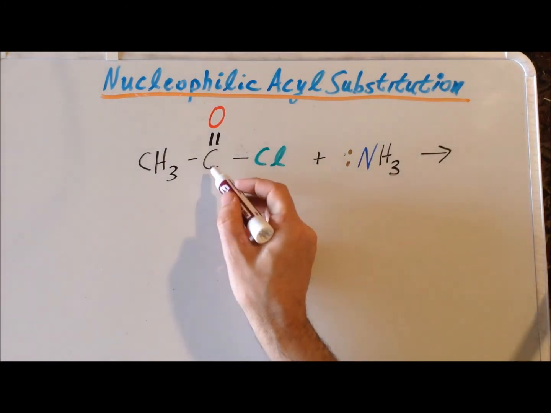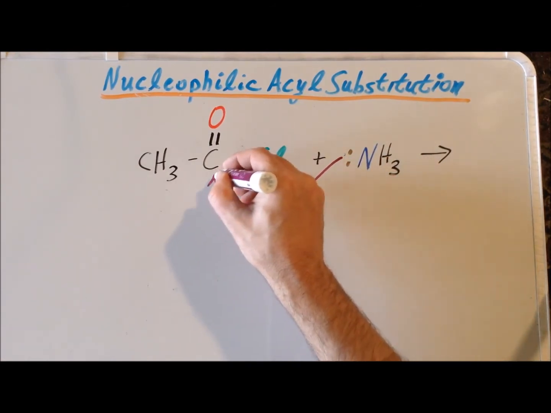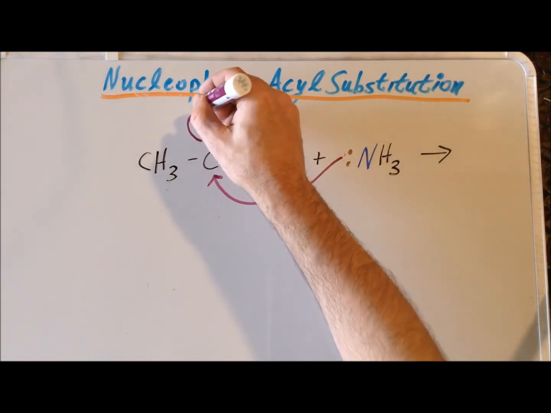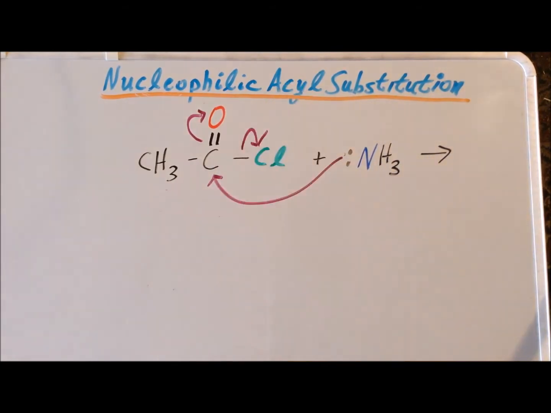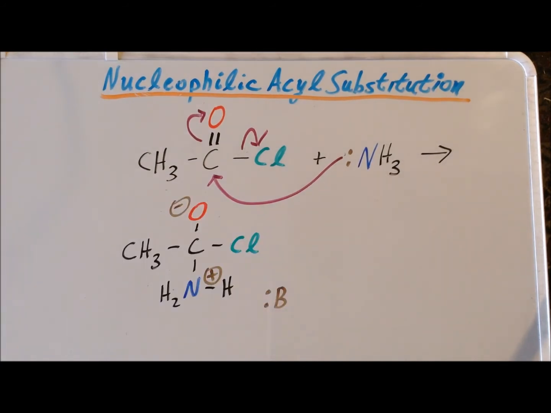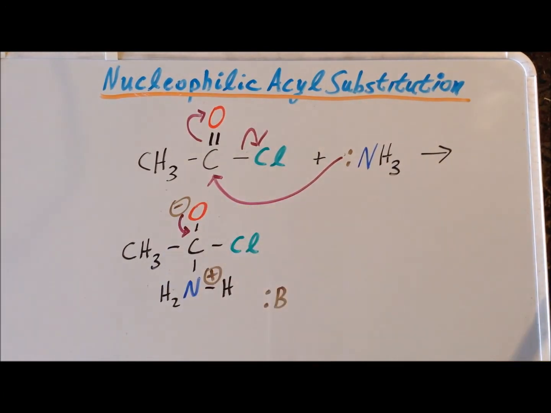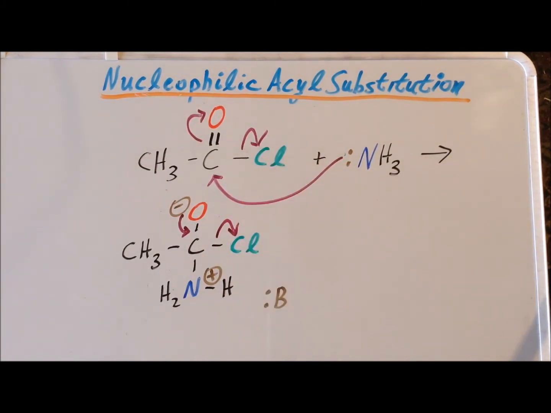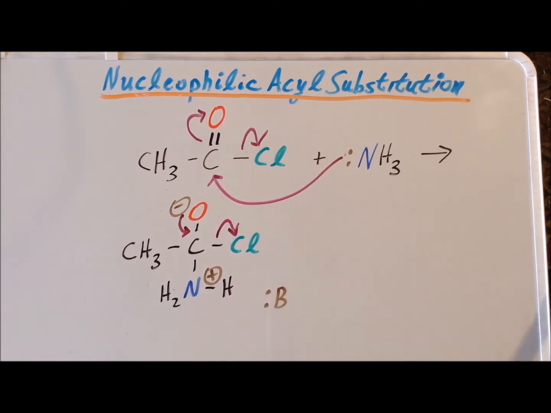So we have an electron deficient carbon. We have nucleophilic attack by the nucleophile at the electron deficient carbon. Electron flow onto oxygen, and we have flow of electrons from the bond onto chlorine as chloride. Then we have flow of electrons from the oxygen back into the single bond to make a double bond. The bond breaking that we started up there becomes complete, and then we have abstraction of the extra positive charge